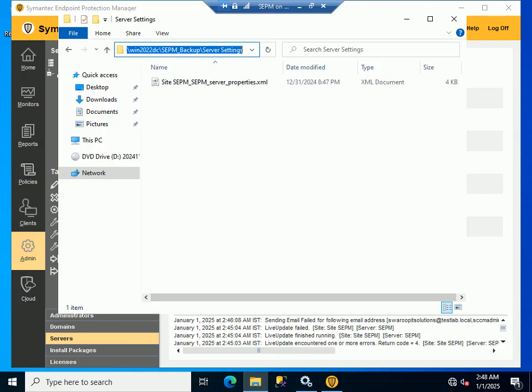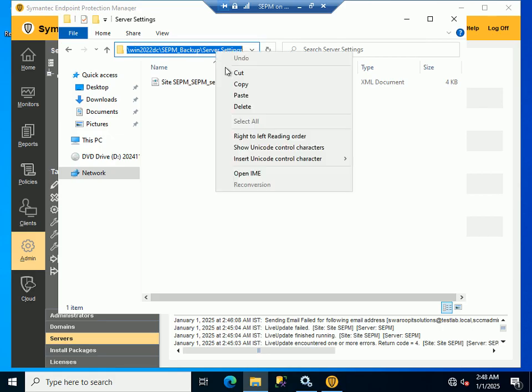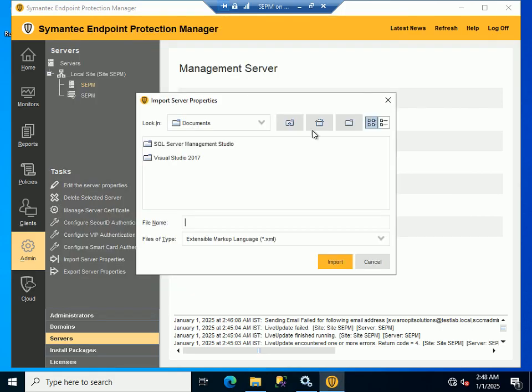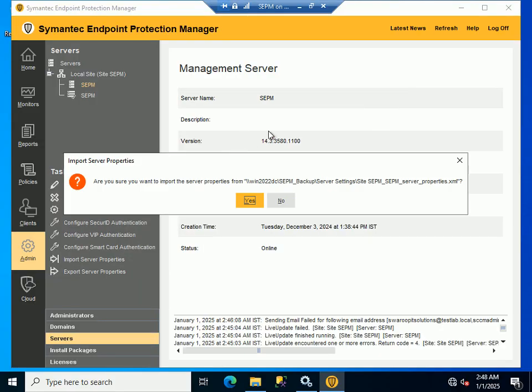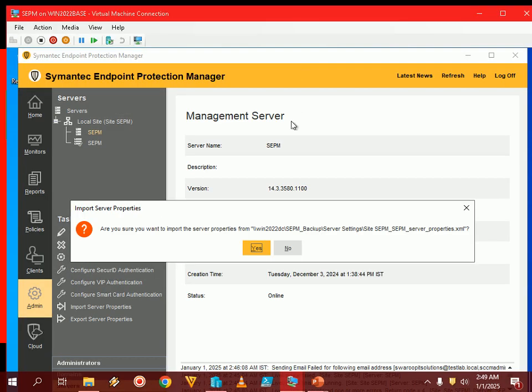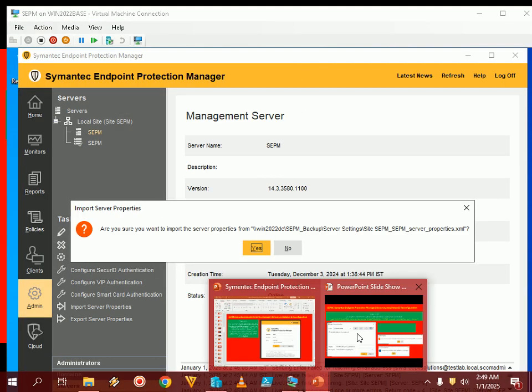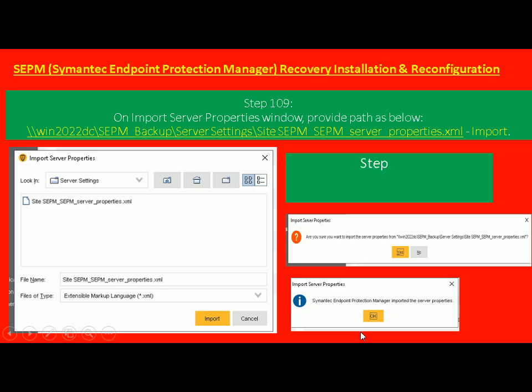We have created all those folders previously, right? So I will give this path, copy, paste it here, enter, and now double click on this XML, right? So it will ask, are you sure you want to import the server properties from this XML? So obviously I will say yes, but let's go back to our PPT first